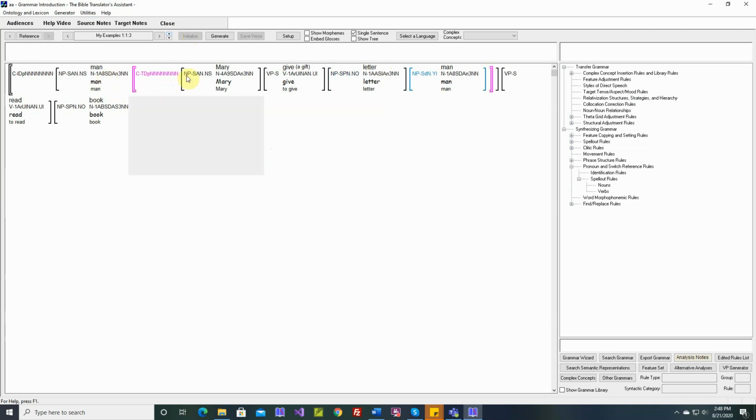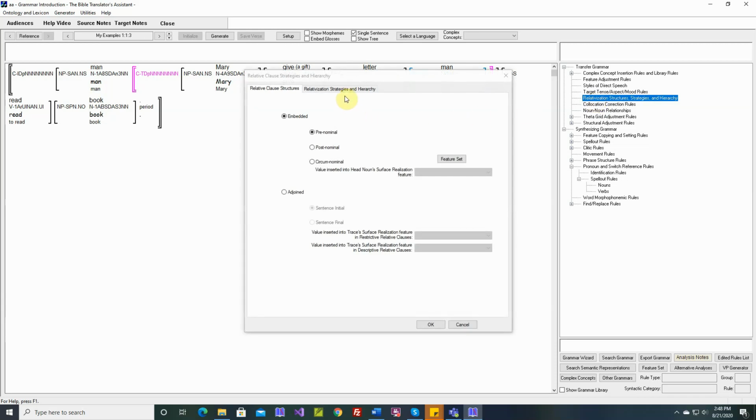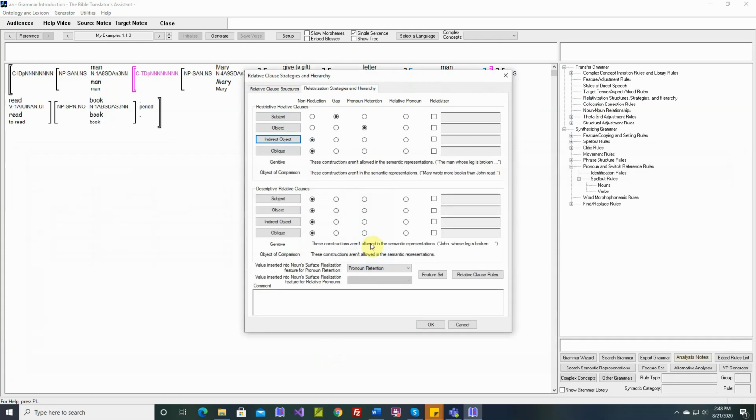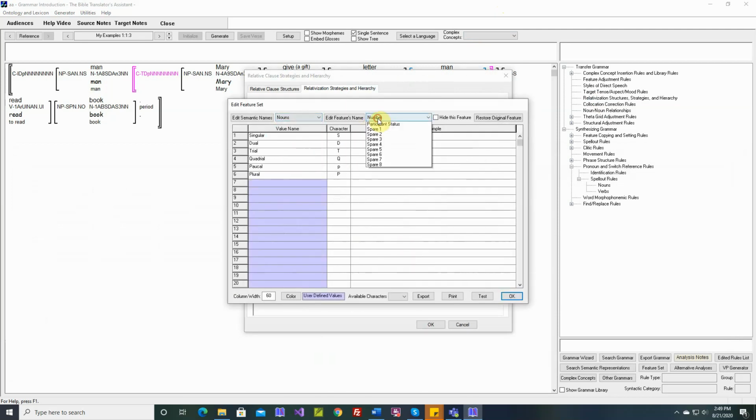Here, this is saying the man that Mary gave a letter to read this book. So now NP-rel is the indirect object. So let's set up our strategy for indirect objects. We'll come back here, indirect object, specify the grammatical relation. Let's say this time we'll insert the relative pronoun. As soon as we select one of these radio buttons in this column, this drop down is enabled. But none of these values are appropriate, so again we click Feature Set, we go to Nouns, we go to Surface Realization, we'll say Relative Pronoun,